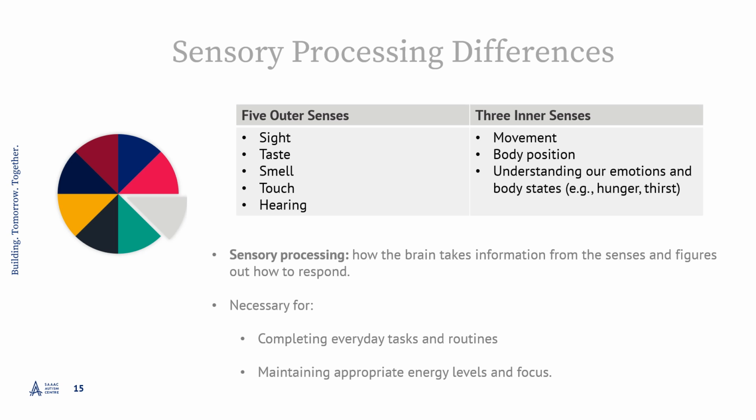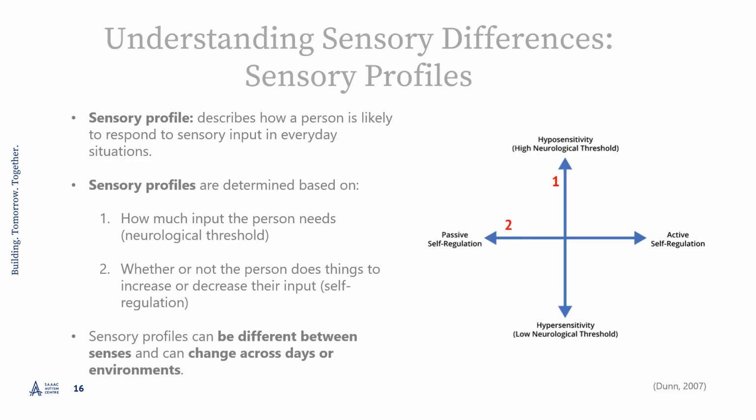Finally, they need to use their sense of vision, touch, and body to put their arms into the sleeves, pinch the zipper, and pull it up. Everything we do relies on sensory processing. So now that you know that autistic people often process sensory information differently, how do you begin to understand their